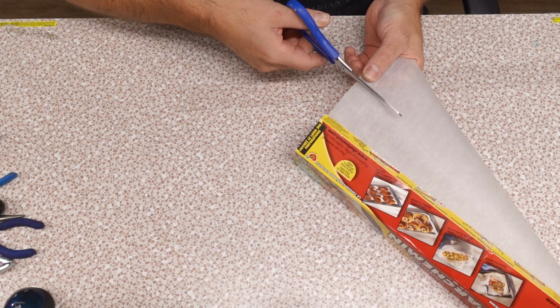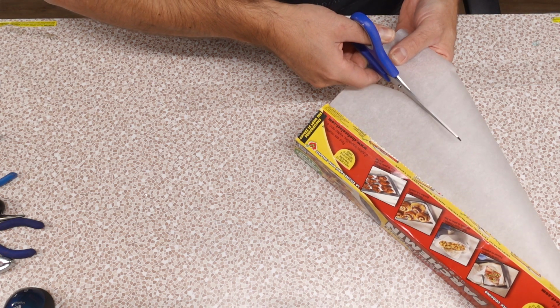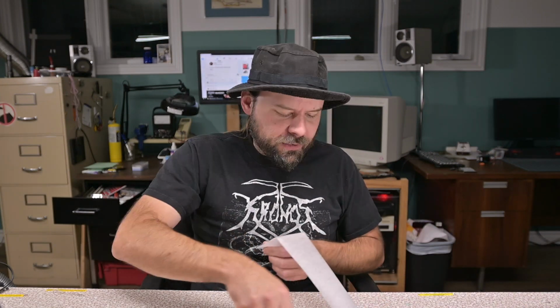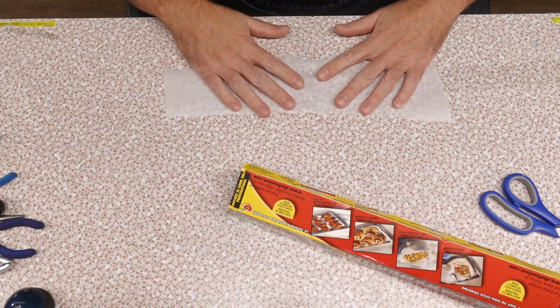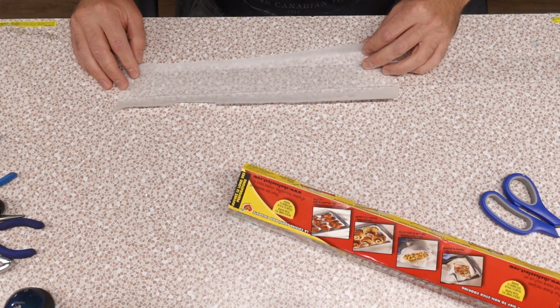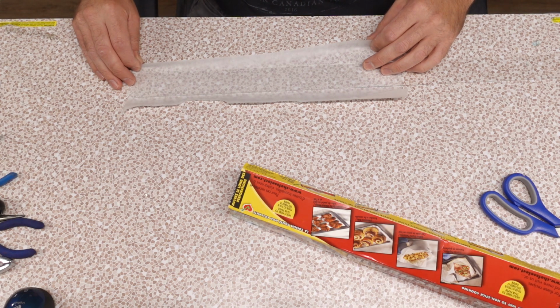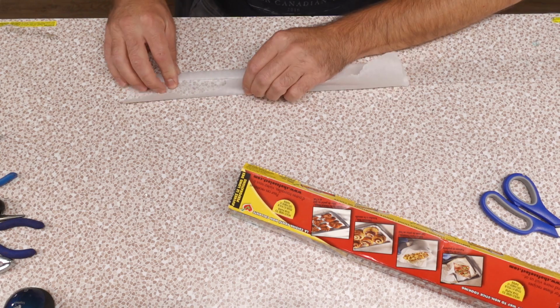Oh, can I do that nice slidey thing? Oh yeah. Let's try this. Oh, that's satisfying when it works. Oh, it's nowhere near straight though. I just kind of want to find a way to fold this over. I guess it'd be nice if it was kind of straight, you know? And I don't really want 2 layers of it, so maybe I do need to do a little bit more